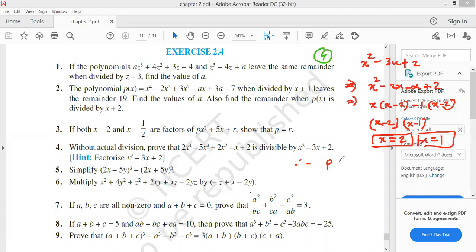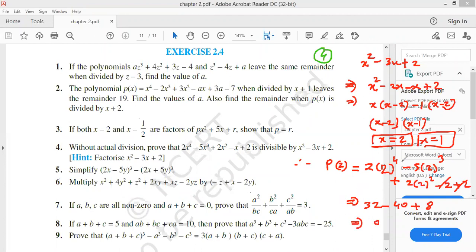Now, if you substitute x equals to 2 in the given one, the answer will be 0. Now, find p of 2 and p of 1. So, p of 2 find karoge, so you will get 2 into 2 to the power 4 minus 5 into 2 to the power 3 plus 2 into 2 square minus 2 plus 2. Correct? ये minus 2 plus 2 तो cancel हो गया, ये 2 2 जा 4 2 जा 16 2 जा 32, ये 8 8 5 जा 40, 2 2 जा 4 2 जा 8 5 जा 40 minus 40 plus 2 2 जा 4 2 जा 8, तो 40 minus 40 0 हो गया. Therefore, we can say that this x minus 2 is a factor of this one.